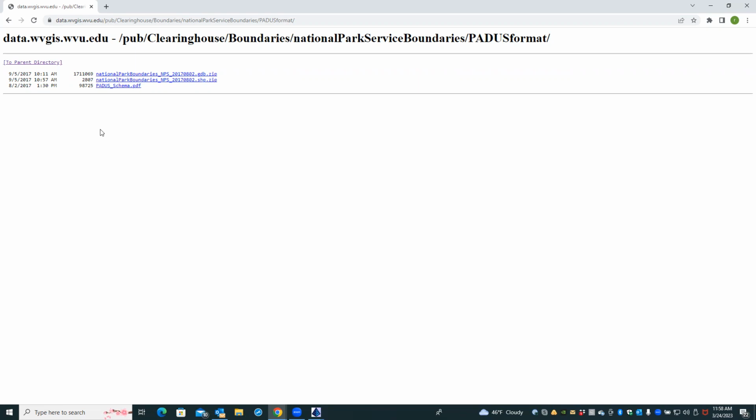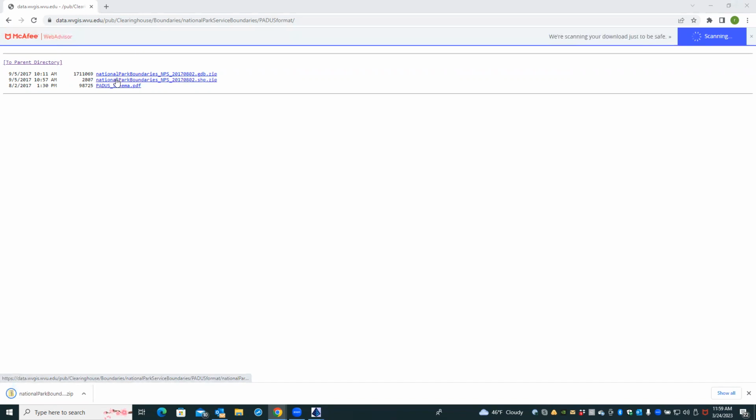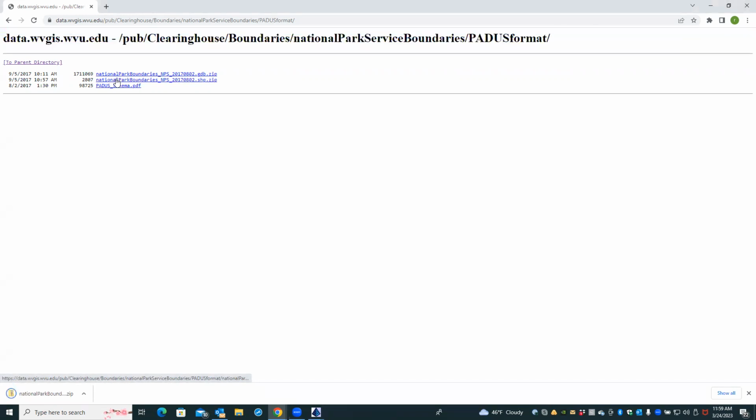All right, now these are all zip files. So these are letting us, if you go ahead and get either of those top ones, let's get the shape file one, not the GDB one. That one, yes. And so that's now downloaded. It's in your downloads folder. If you go to that and open that up,